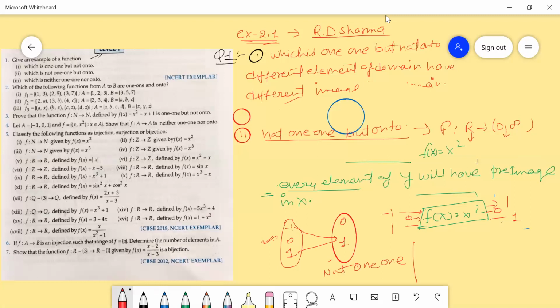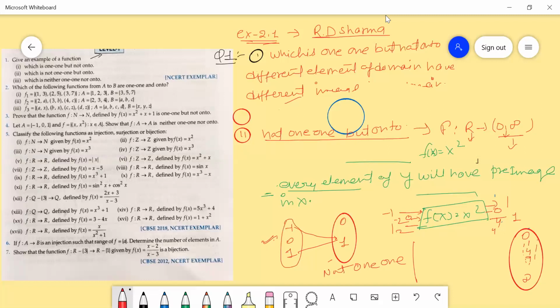When we find the onto, here our codomain is fixed, that is 0 to infinity, right? When we input the values of real numbers from the domain, -1 gives 1, 0 gives 0, 1 gives 1, -2 gives 4, and +2 also gives 4, and 9.